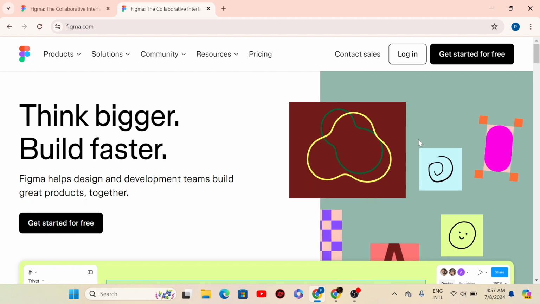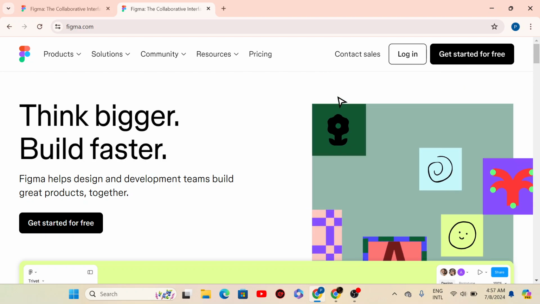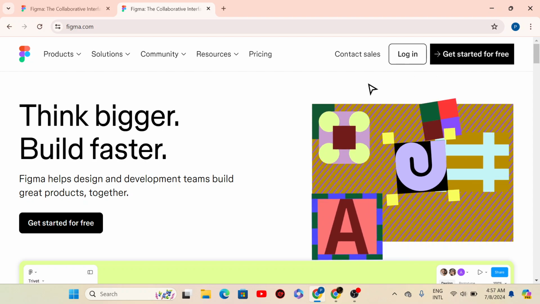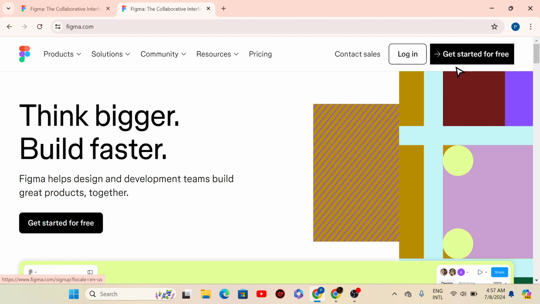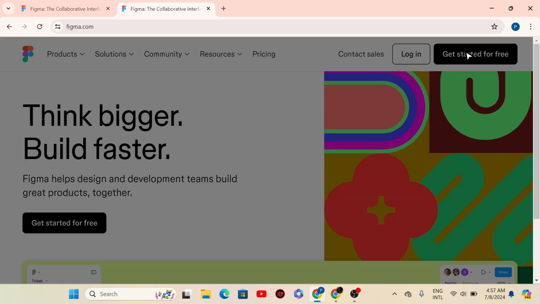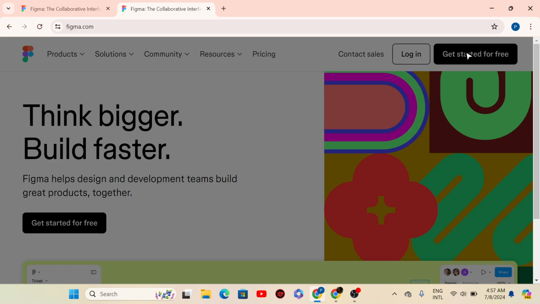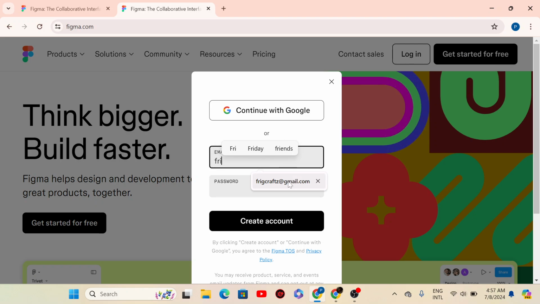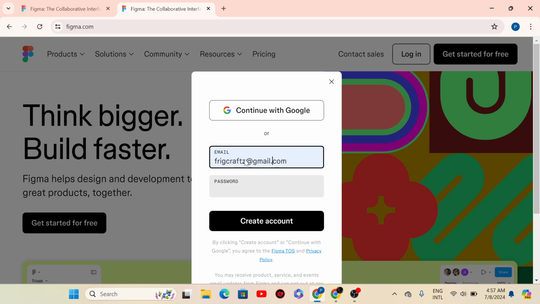When you see this interface, you click on Get Started because you don't have an account yet, except you have an account. If you have an account, go ahead and start logging in. But because this is a beginner-friendly app, I don't expect you to have an account yet. So just click on this and then enter an email of your choice. Make sure that the email you're entering here is an email you can access because you're going to be sent an email at the end of signing up. So make sure you can access this email,